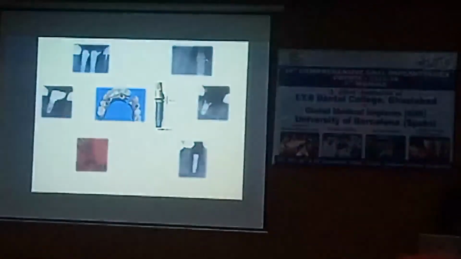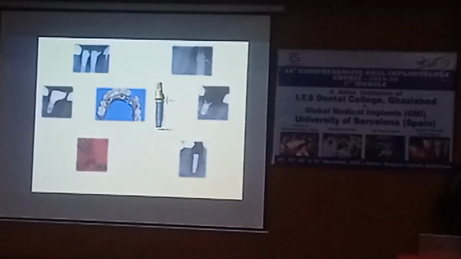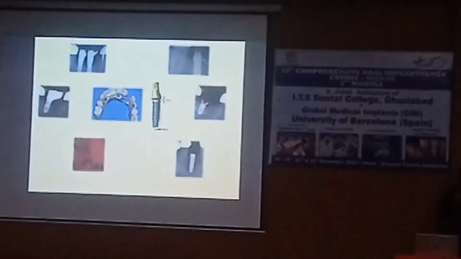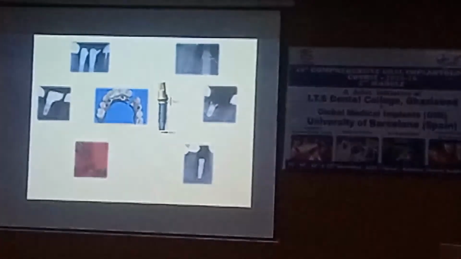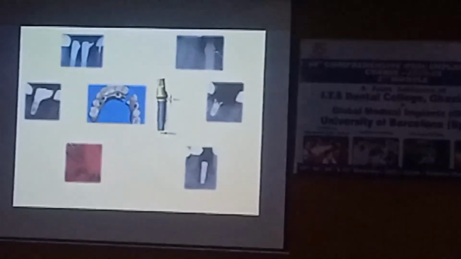Right? Okay. These are some of the photographs which show the failures when the patient is given the prosthesis. It may range from a ceramic fracture, it may be a crestal bone loss, it may be screw loosening, it may be a framework failure. Right? So it can be anything. Okay. Now,